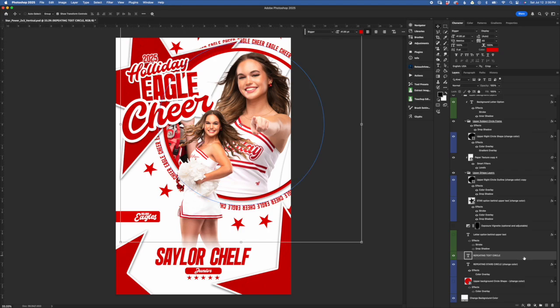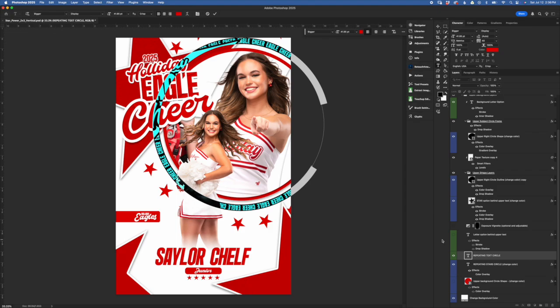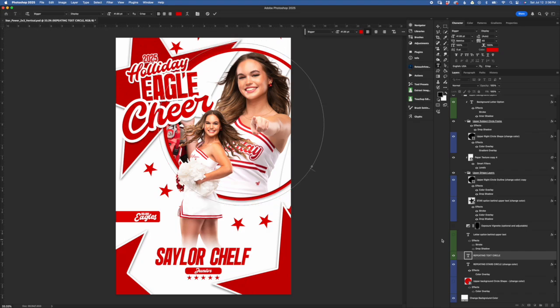But the way you'd want to change what it says is just to double click the T to select everything, and I'm just going to type over it. And so we're going to say that it's Bulldog football. So I'm going to go ahead and type that in here and hopefully not get any typos. Probably will. And once you type in what you want it to say, go ahead and hit the space bar one time, assuming you just want one space in between